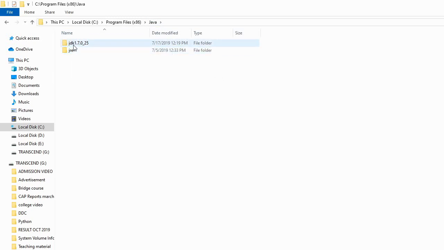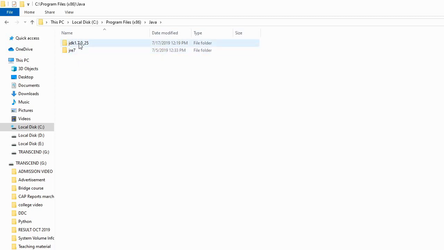So what is this JDK? Java Development Kit. Okay. So as I am going to use Java 7, I have installed JDK 1.7. You can use a different version also. And JRE. JRE stands for Java Runtime Environment. This is the environment because of which you are able to execute your Java program in your system.